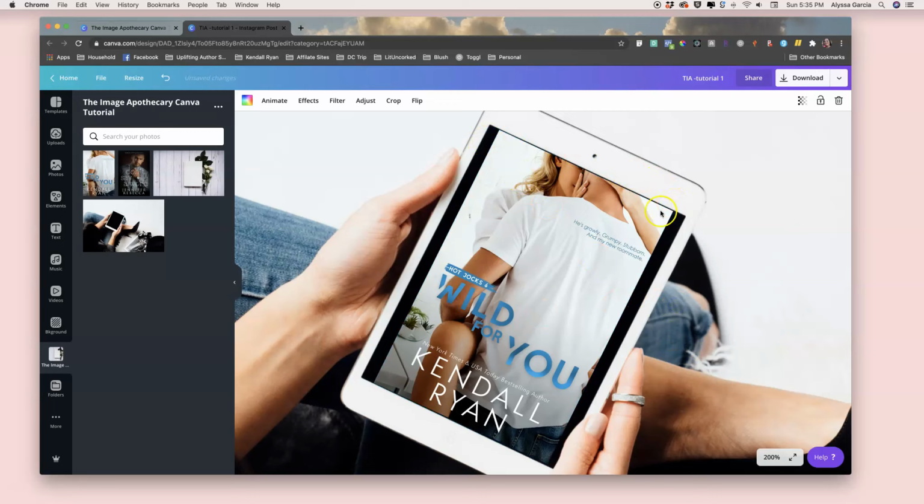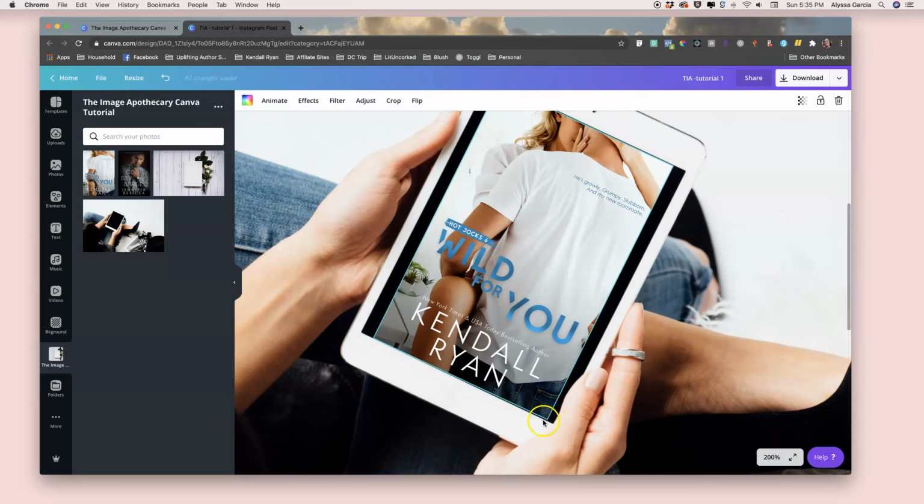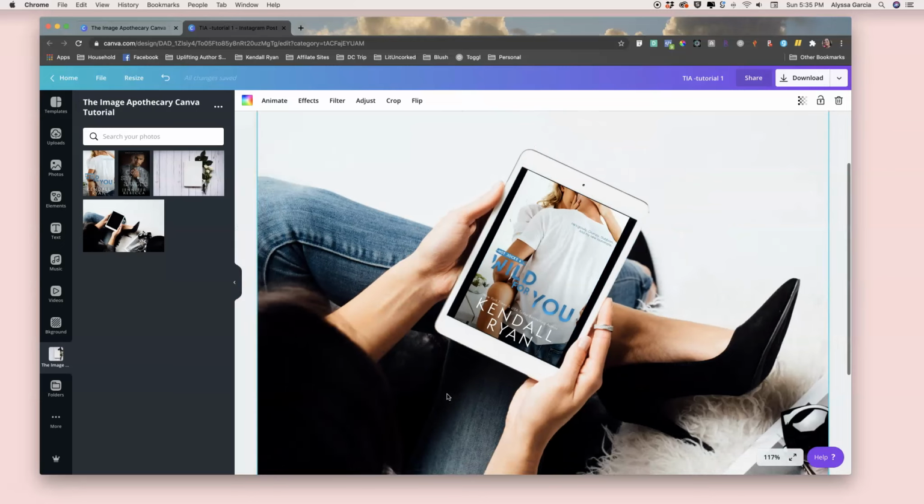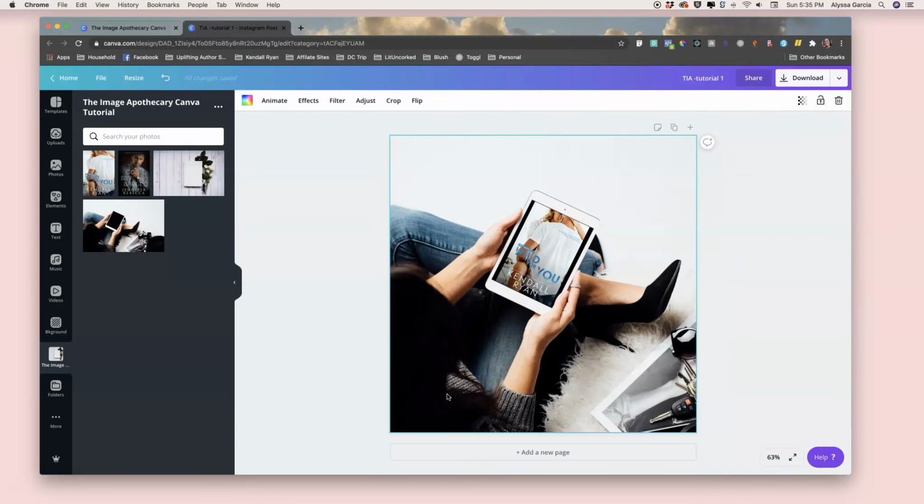If you actually look at an iPad screen, there is always a little bitty black band around the edges, so that does still look realistic, and then you can't see that as well, especially when zoomed out. So it is something you can still make work, and that still looks realistic and will look perfect on your Instagram. So next I want to show you what